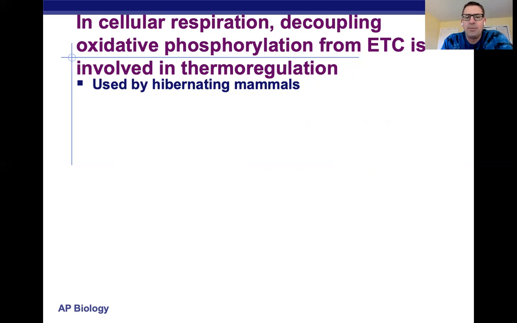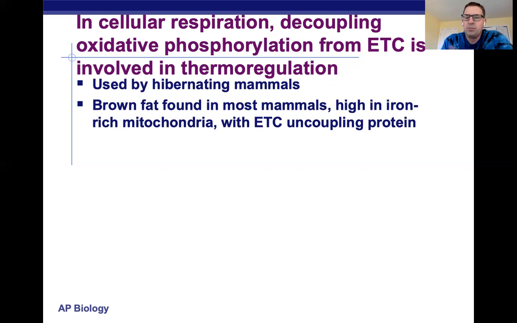This is used in hibernating mammals, which have a type of fat called brown fat, which most mammals have. It's brown because it's high in iron-rich mitochondria, and the iron gives the fat that brown color. Because if you think about like iron oxide, which is rust, it has that brownish red color. Brown fat has a lot of iron in it, which gives it that color. And that brown fat in most mammals